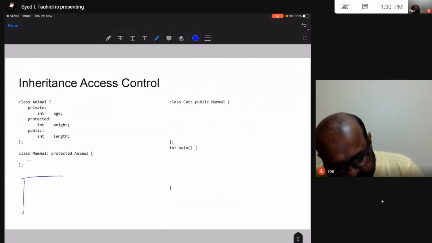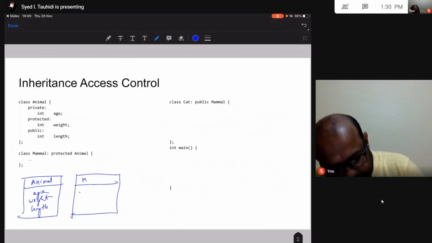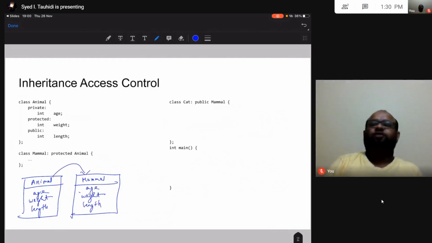Like before, I have this animal class. Animal class has age, weight, and length, and I have this mammal class. Mammal class is going to inherit age, weight, and length, and now my inheritance is protected.